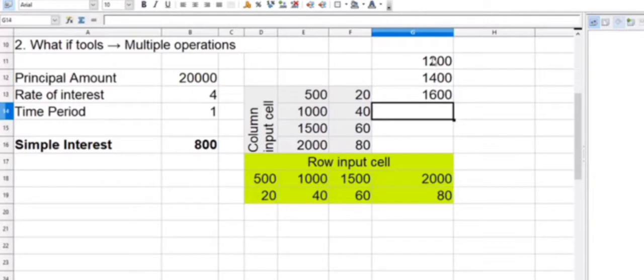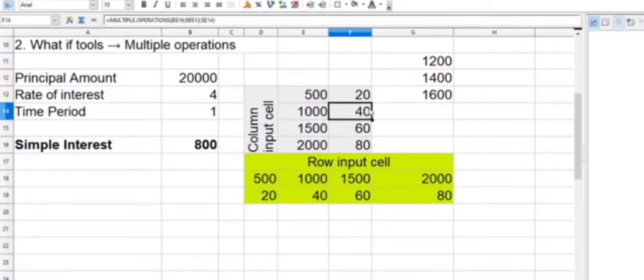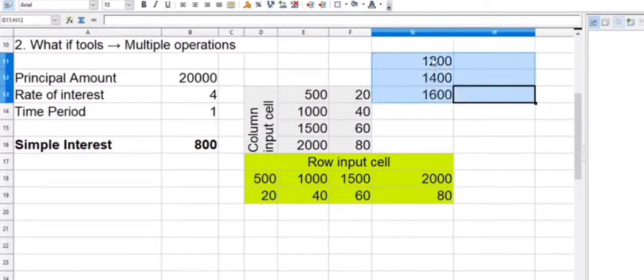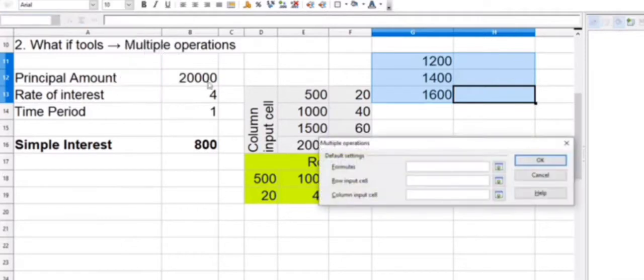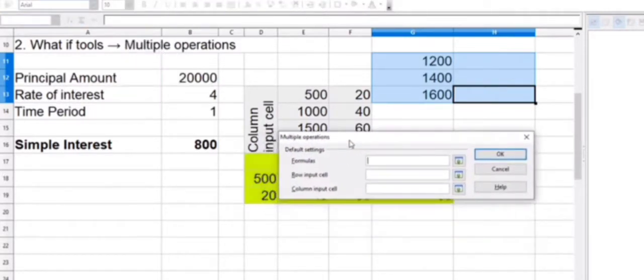Then we go to the column input cell and you can calculate that type of interest the same way.